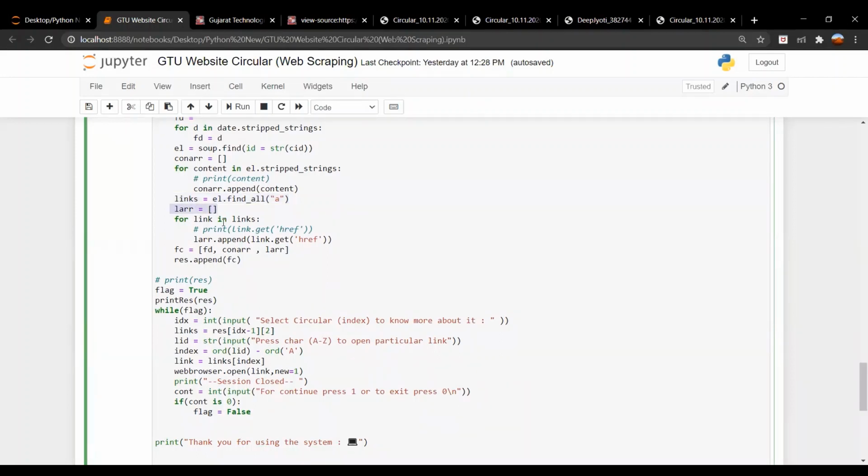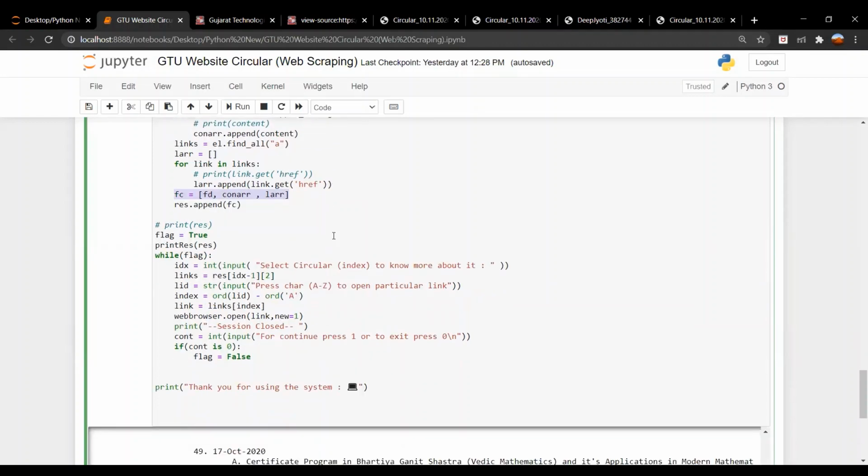And here we get FD from date, CORNER from CID for content ID, and the LARR variable will get the actual content of the circular. And these three attributes are used for generating the FC list. And we append this list into RES that we have already created.